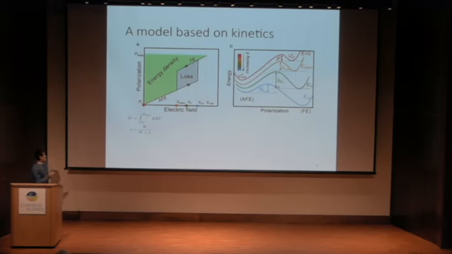Now let's look at the model. By definition, the energy density is defined as this integrated area with a discharging curve. To simplify the calculation slightly, we can make two approximations. First, we assume the antiferro to ferro and ferro to antiferro transitions are abrupt.